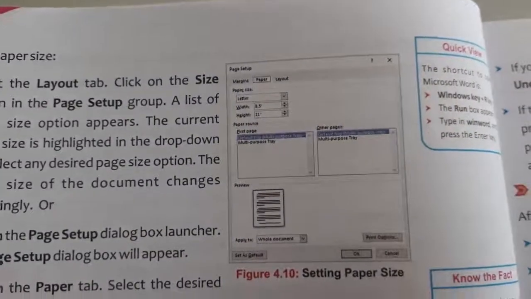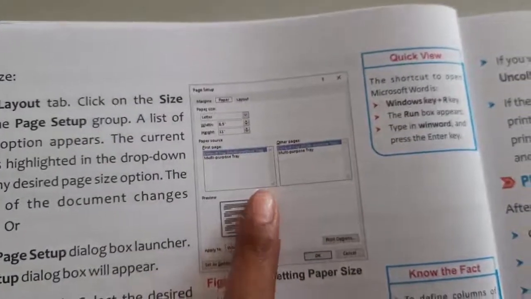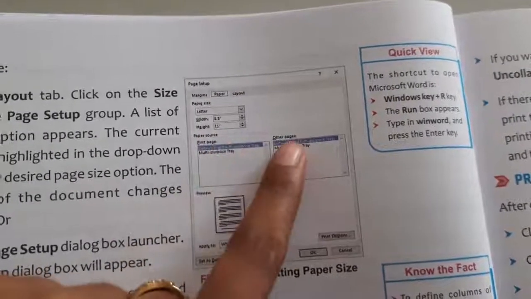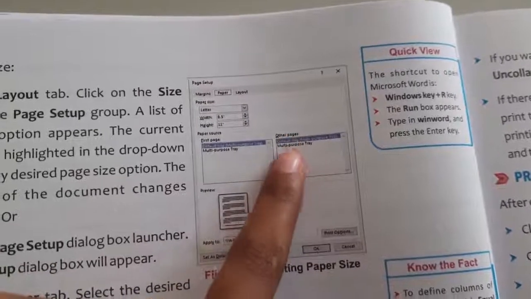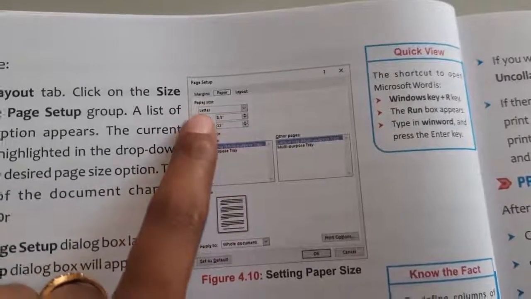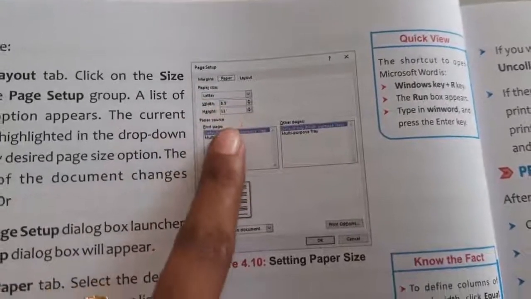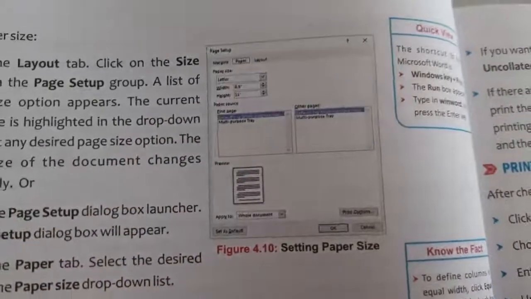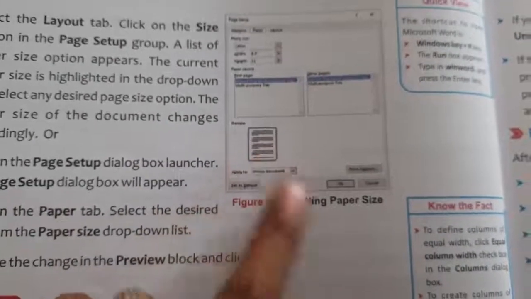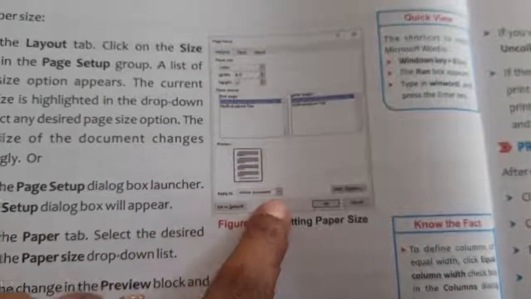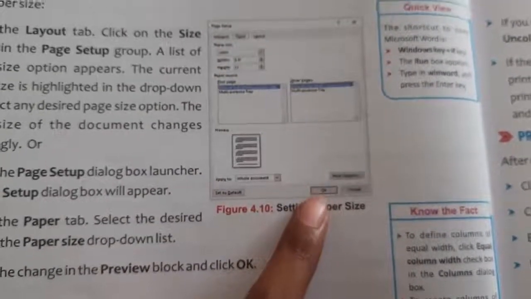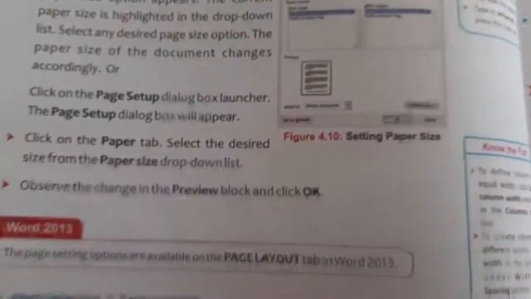Here, as you can see, these are the options of first page or multi-purpose tray. Here you can find the More option, and here you can find the page size like letter, width, height. So you can specify it according to your requirement, and then you can preview it by this Preview option, and then apply to the whole document. If you want to apply it to the whole document, then click on the OK option.